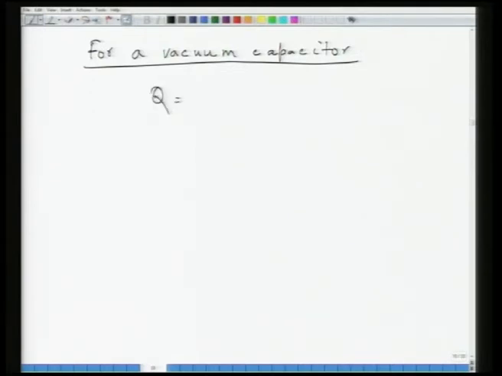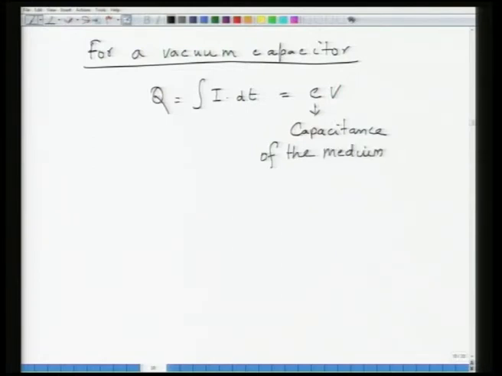Charge inside the vacuum capacitor is nothing but integral of I dot dt, which is nothing but CV, where C is nothing but your capacitance of the medium. Okay. In this case, the medium is nothing but vacuum. So, C for vacuum